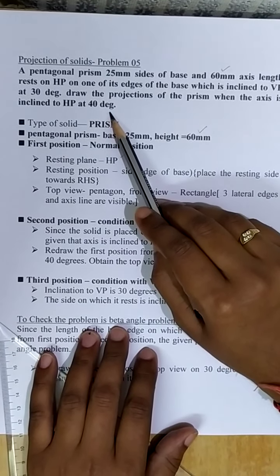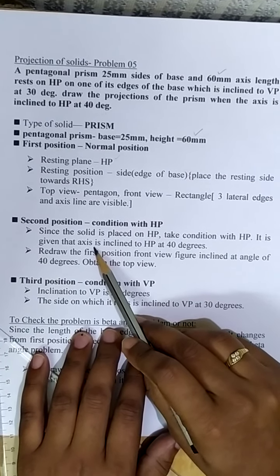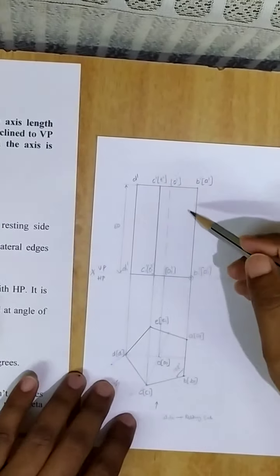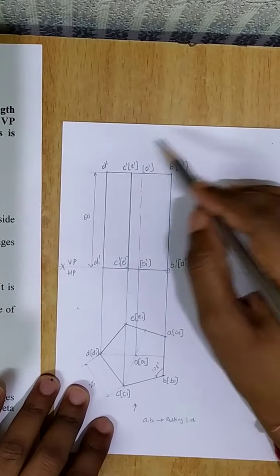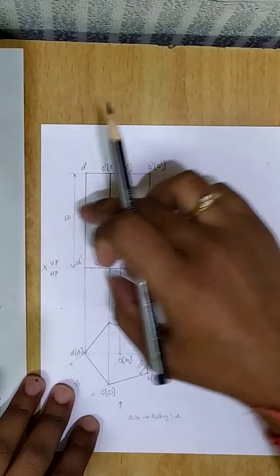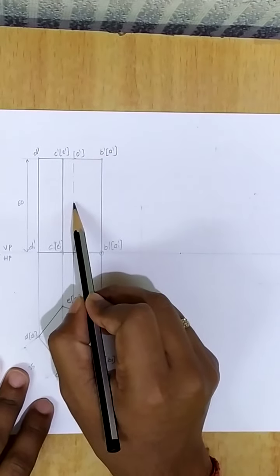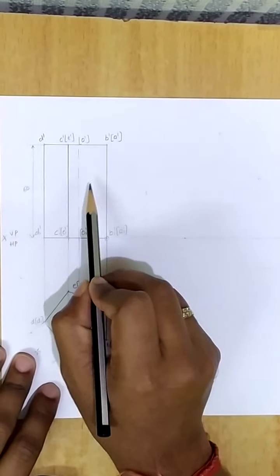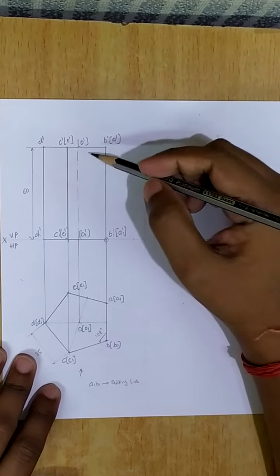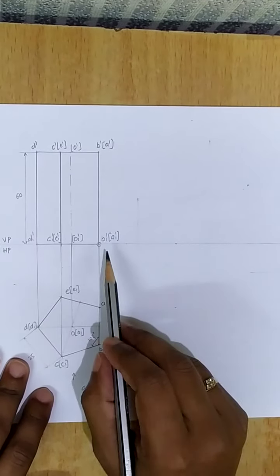Angle of inclination is how much? 40 degrees. What is making an angle of 40 degrees? The axis. So if I need to take the axis inclined at 40 degrees, we have to consider this particular figure. After tilting in the second position, the vertical standing rectangle will get tilted to an angle of 40 degrees, because this axis line and all these three lateral edges are parallel to each other. So if I tilt the first lateral edge, automatically this axis will also get tilted to an angle of 40 degrees. So which will be there on the XY line?